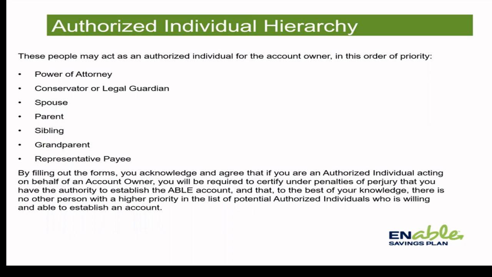But this does make it a lot easier for people to help their spouse or sibling or child to be able to open an account, and they don't have to go through quite as many legal hoops to get a power of attorney or things like that. This is self-certifying as well, so less paperwork than it used to be. Also, we don't need all the guardianship paperwork like we used to. You have to certify under penalty of perjury that you have the authority. This is one of the big changes.